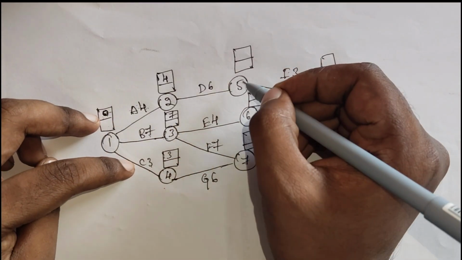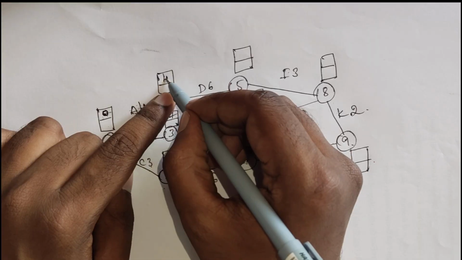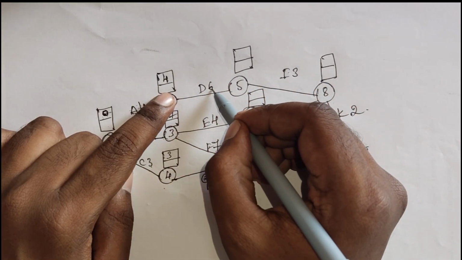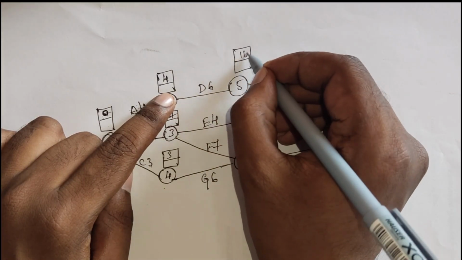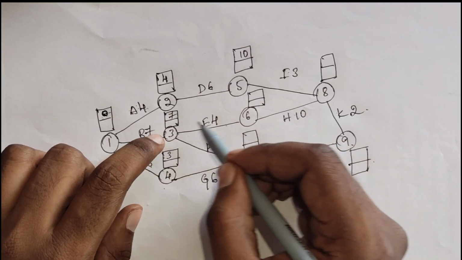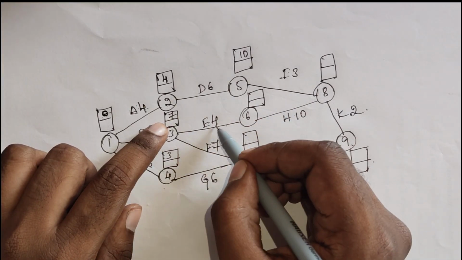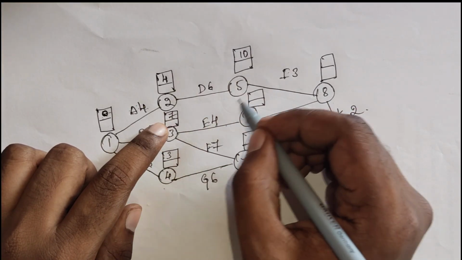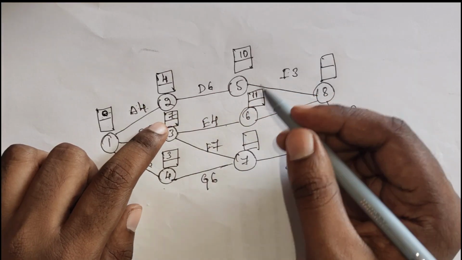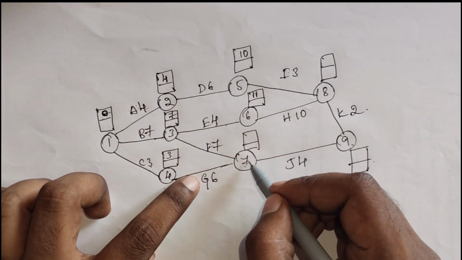Now move to that 5. So for 5, earliest start is 4, and then duration is 6. 6 plus 4, 10. Next for E, earliest start is 7, duration is 4. 7 plus 4, 11. And the next for the 7,